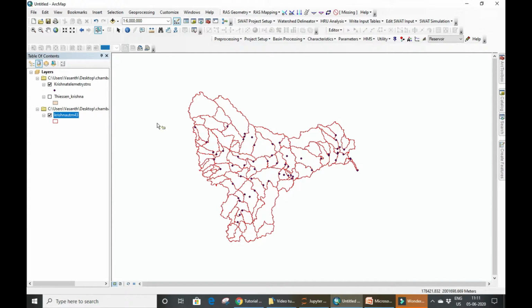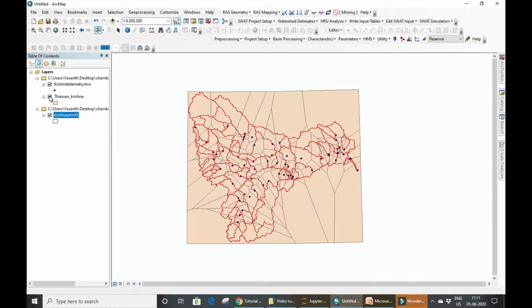The method able to do this is called the Thiessen polygon method. Thiessen polygon basically generates a polygon which says what is the influence of each and every station among these subcatchments. I have just created it already, but in the exercise we will see how this can be created. But first of all, we will see how it looks.